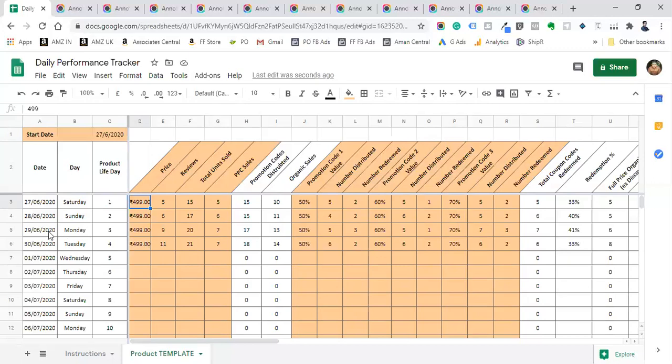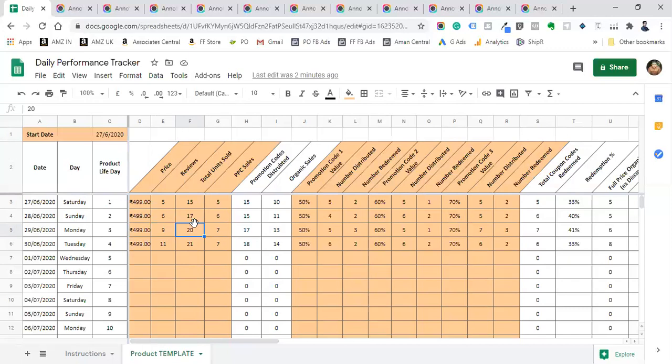So ideally, if you are doing this on 1st of 7th month, you should enter the data for 29th of 6th month. You have to leave out one day before. Here the first column is for price, the second one is the number of reviews on that particular day, and the third is the total number of units sold.